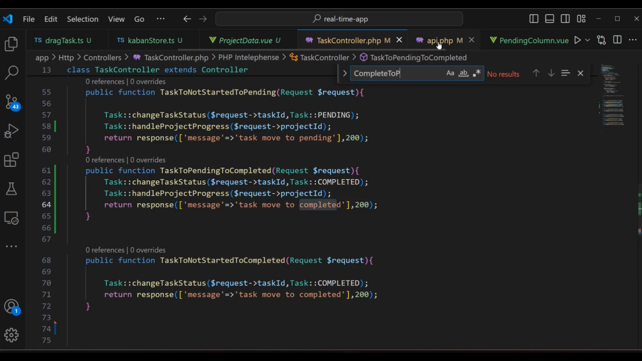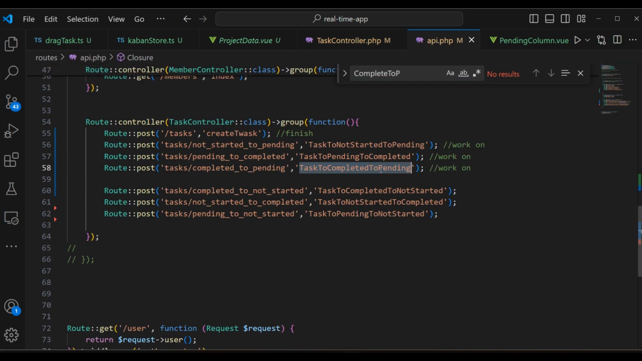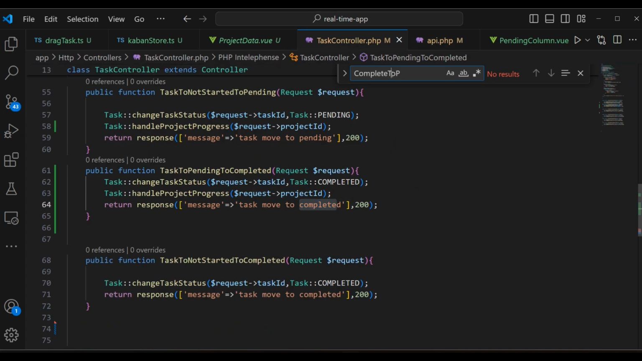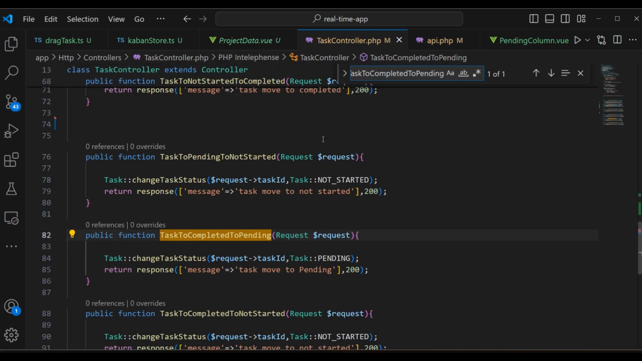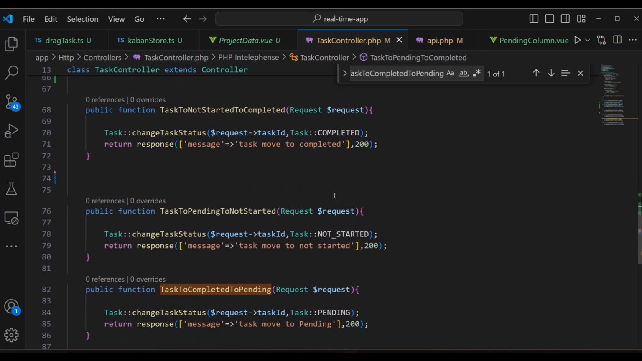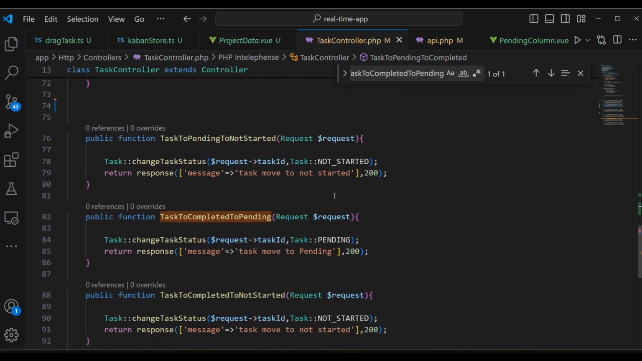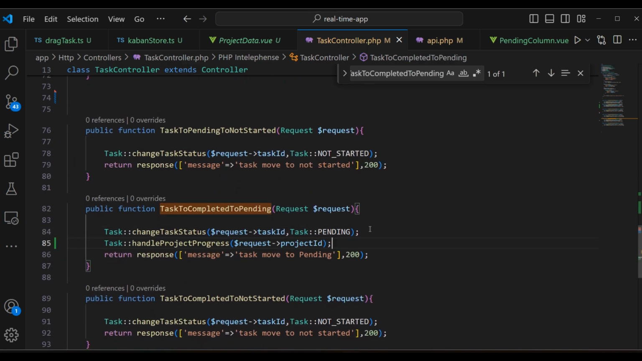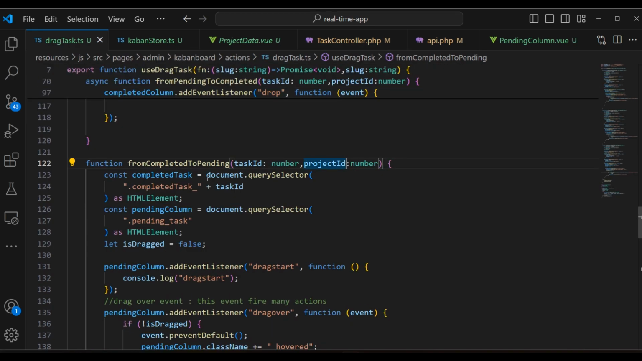Let me copy the name. I'm gonna copy this and get into the task controller again and try to look for this function. You can see right here we have to call also the handle project progress function. We need to pass it right here in order to update the progress bar. I'm gonna pass it right here too, and then we're gonna go back within the drag.task.ts file, and we're gonna